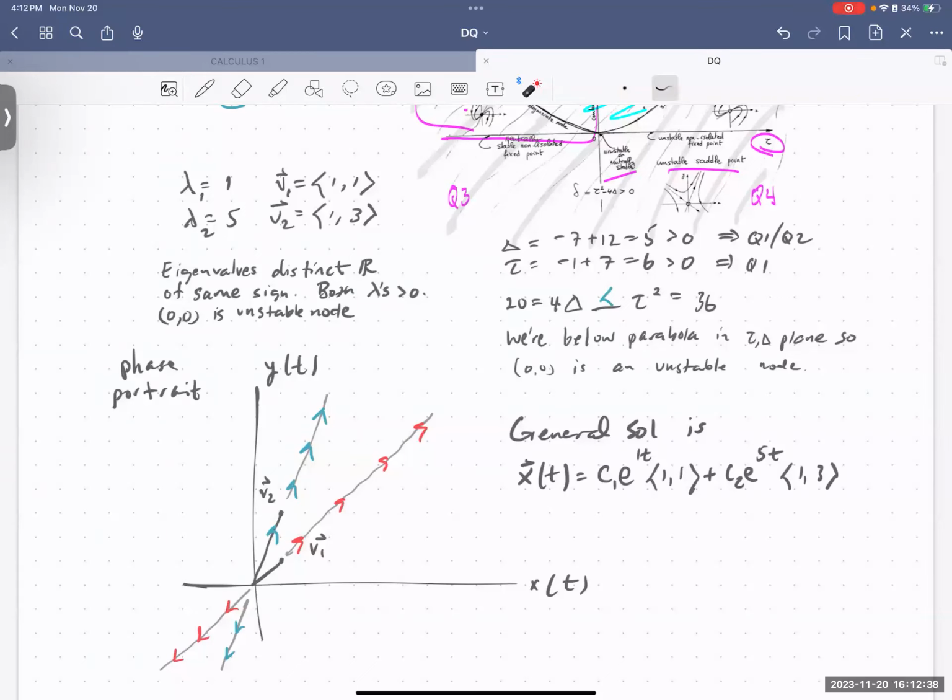So let's say this line is our eigenline for V2. It came from eigenvector V2, which was 1, 3, and it corresponds to the stronger term in your solution. So this term, the stronger term, between the two. Here's one term, here's the other term, and this is the stronger one, and it pulls